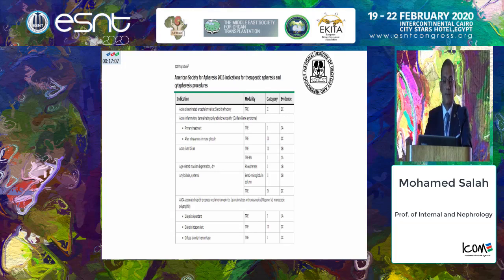The American Society for Apheresis in 2016 set some indications for therapeutic apheresis and cytopheresis procedures. As we said, acute disseminating encephalomyelitis, when it's steroid refractory, acute inflammatory demyelinating polyradiculoneuropathy, Guillain-Barré syndrome, whether as a primary treatment or after intravenous immune globulin administration, acute liver failure, age-related macular degeneration, dry, or what they call rheopheresis, amyloidosis,